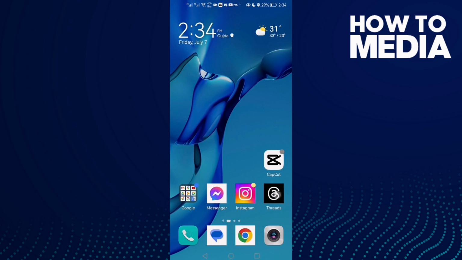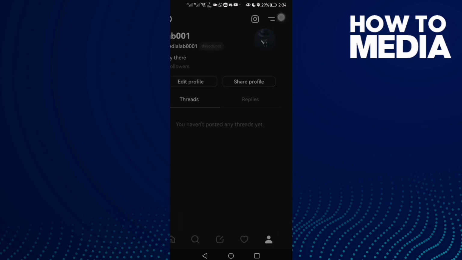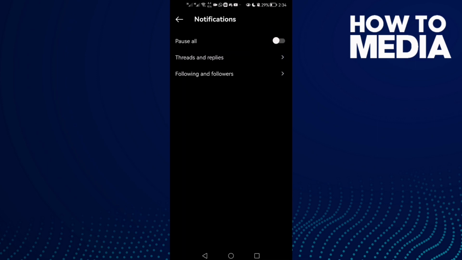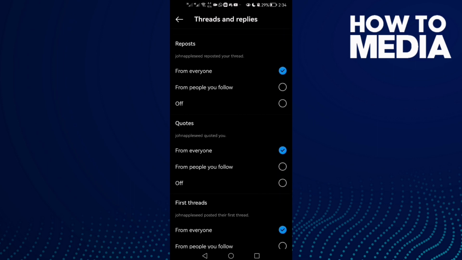If you want to manage it, all you have to do is first open Instagram Threads and then click these two lines here in the top corner and then go to notifications. After that go to threads and replies. Now scroll down until you find the quotes,